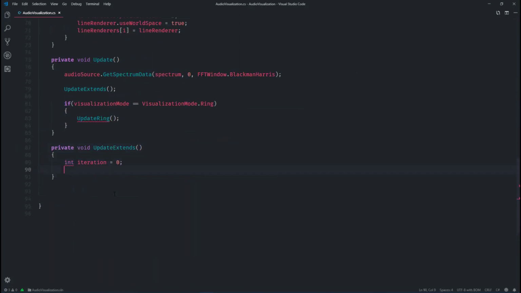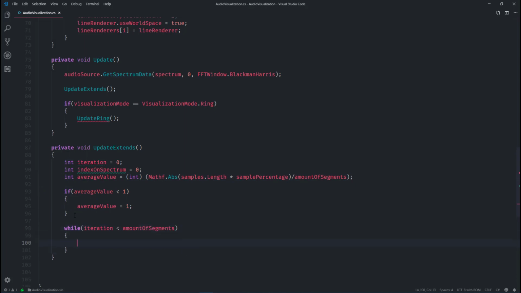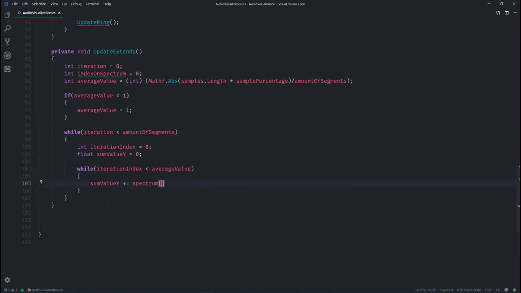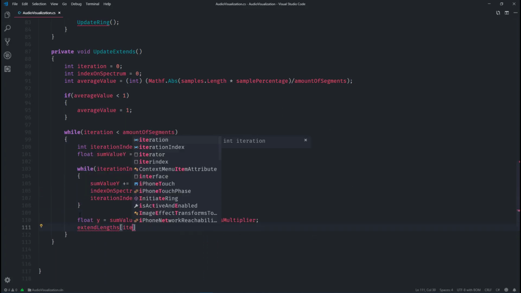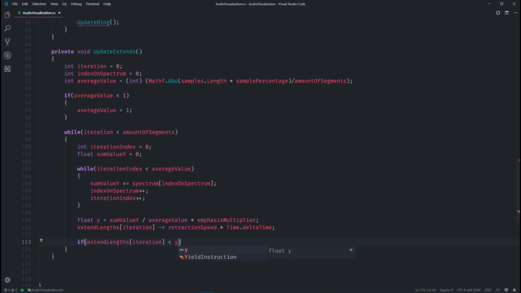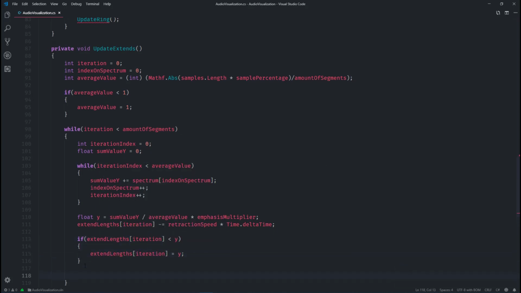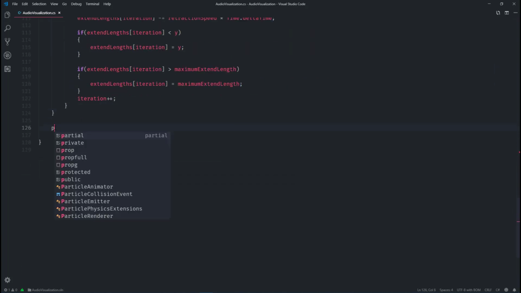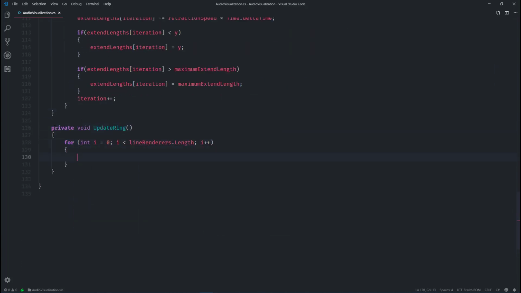This handy internal function that I mentioned earlier is the audiosource.getSpectrum you see in my update. After using this function to update our spectrum, we then need to update our extents accordingly, so that each line on our ring will have a length that is relevant to the spectrum of the song. You might have noticed that I'm only using a percentage of the spectrum. This is due to the fact that the later iterations aren't quite as springy, which would result in a rather